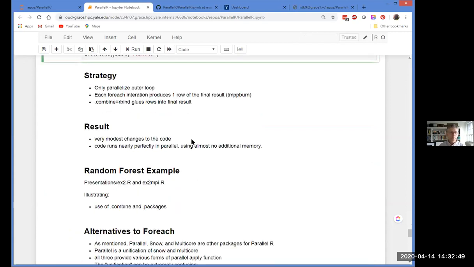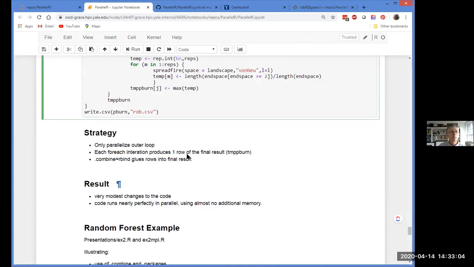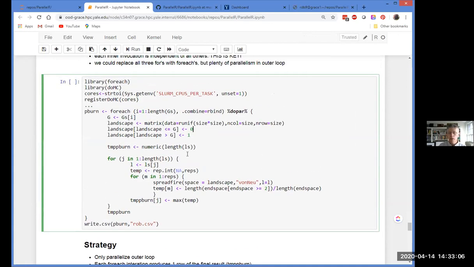So the result was that with relatively modest changes of the code, it ran nearly perfectly in parallel. It didn't require more memory and required very small changes. So that seemed like a pretty good example of a clear win using for each.